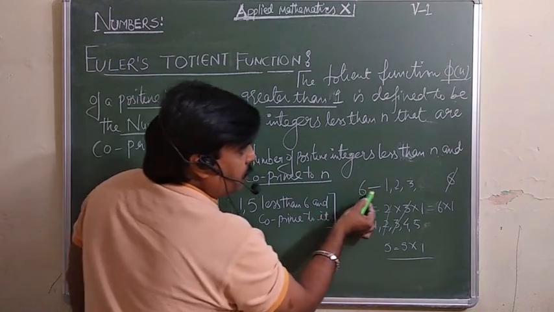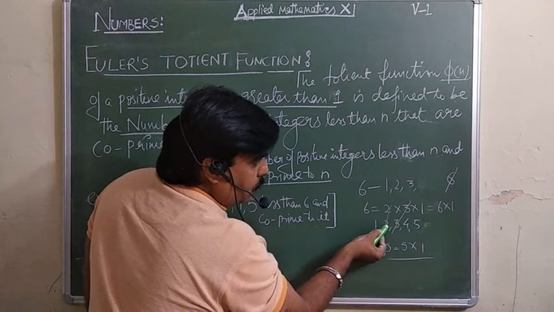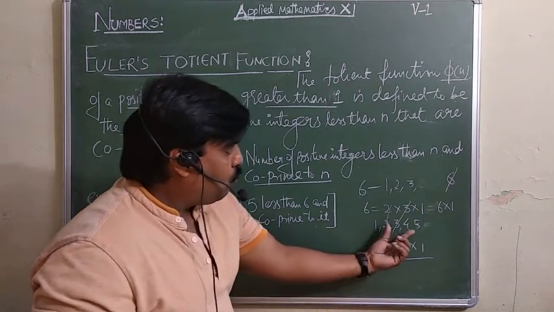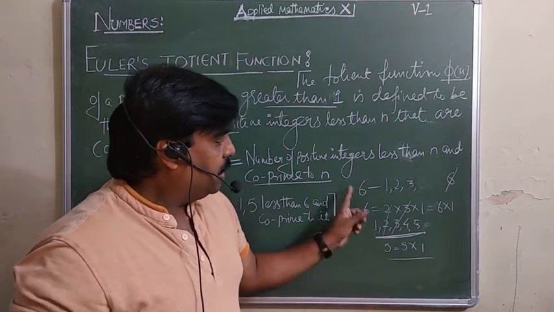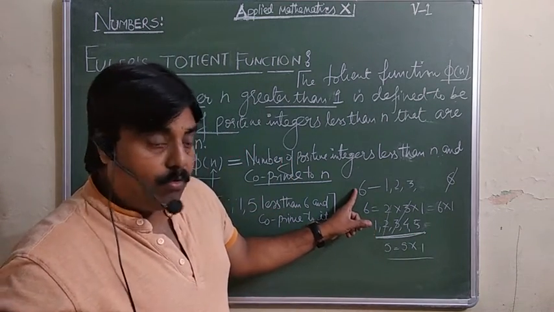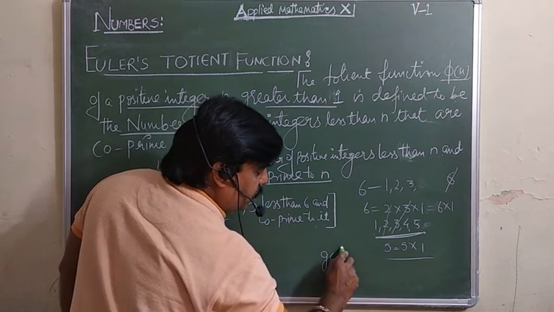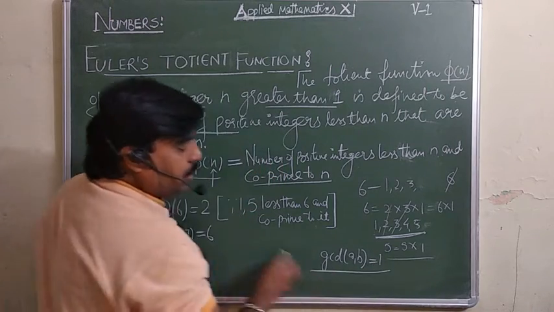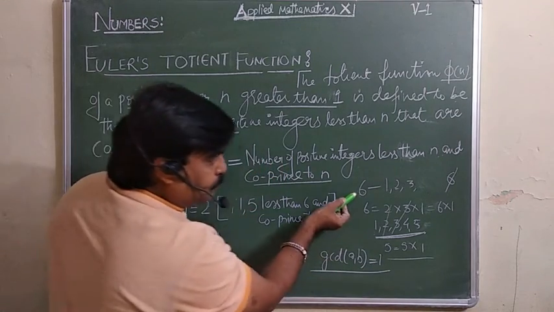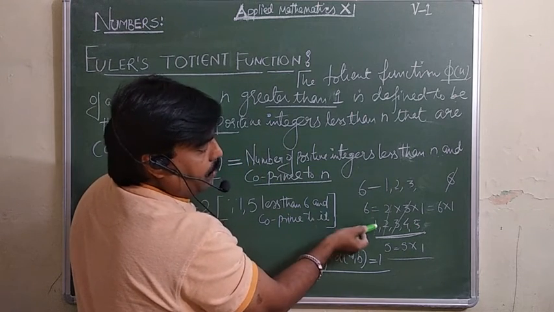देखिए 6 is divided by 1, 2, 3. Then the numbers less than 6 are 1, 2, 3, 4, 5. So which numbers among these 5 are co-prime? इन 5 में ऐसे कौन से नंबर हैं जो इसके साथ co-prime हो जाएंगे? Means there should be only one common. Means if you are going to take the GCD of any two numbers, they will be co-prime if their GCD comes 1. GCD 1 आए, देखिए अब with this 6 you are taking 6 and 1, so 1 will be the common.